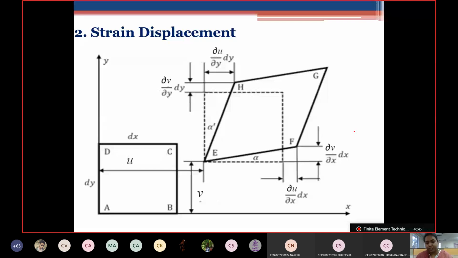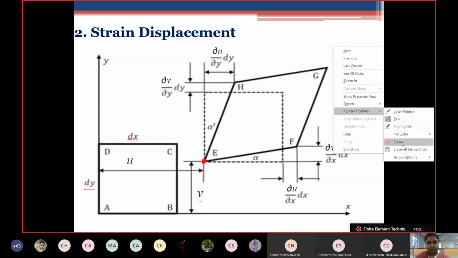Because where the differentiation of u comes, where the v comes, you should be able to understand. Now, u and v are the displaced positions of the member. U is the displaced position, the coordinates of the new origin of the member. You can take a rough figure, that is fine. But whatever you write, the ∂u/∂x into dx, the dx value, the dy value, those should be very clear, please.